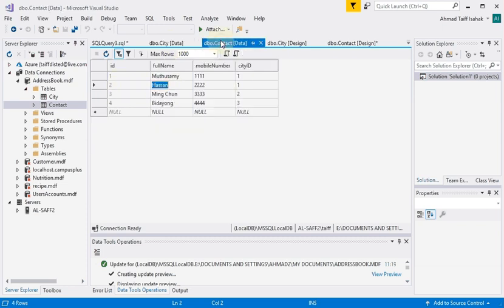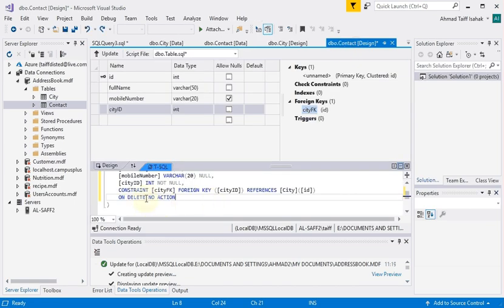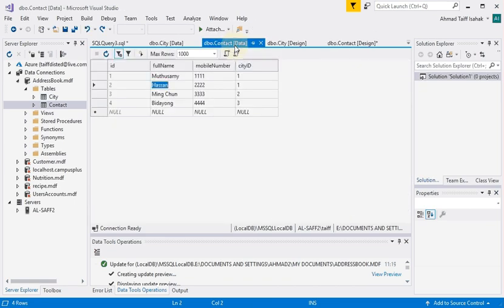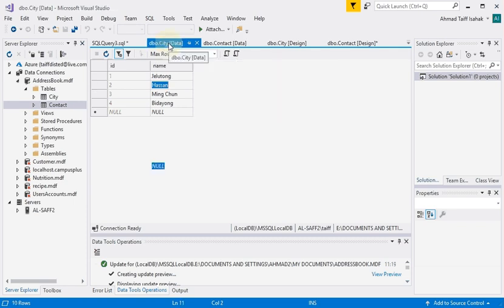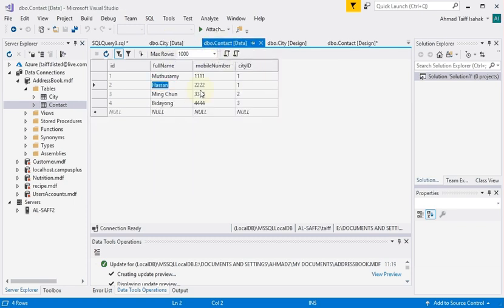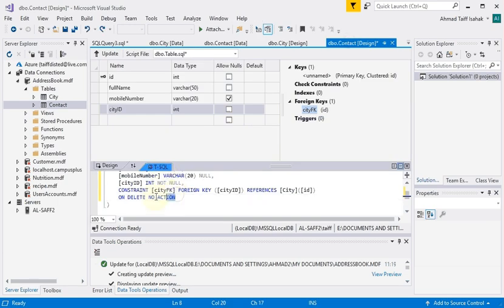So when I delete a record, if I say on delete no action, then if this ID exists in the target table, no action will be taken. That means you cannot delete this row. In fact, you'll get an error. If, however, you say on delete cascade, what